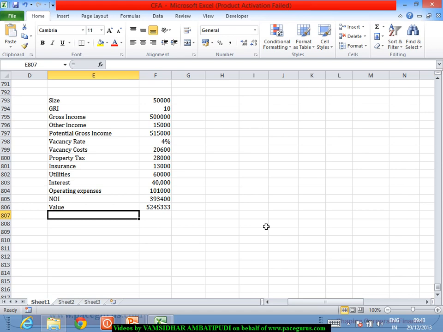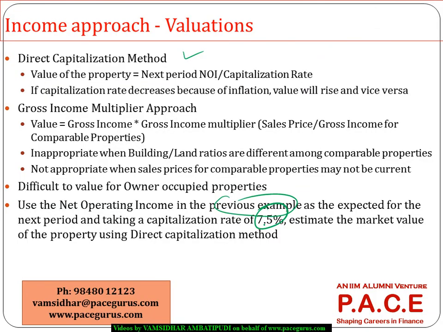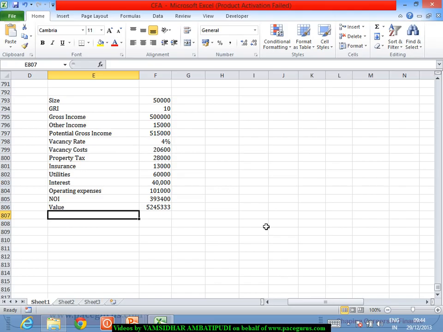If I am expecting the NOI to grow at some percentage every year, probably if my expected rate of return is 12%, in this case I am expecting the NOI to grow at 4.5%, making the net capitalization rate 7.5%. So every year forever. Now how is that getting worked out? If you remember,